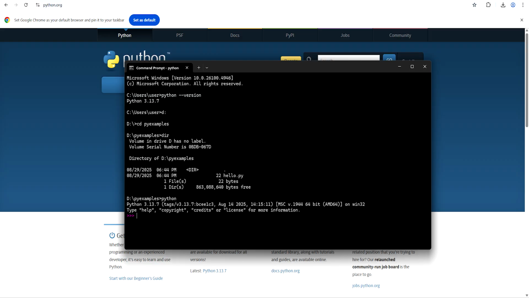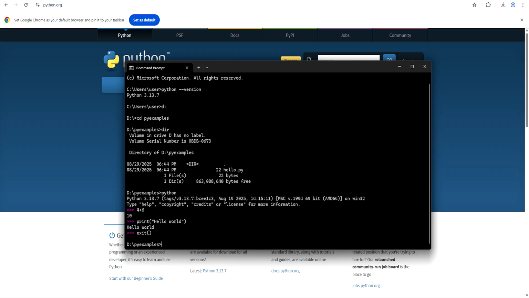So this is the Python REPL, and here also we can write our code. 4 plus 6 is 10, and similarly we can try hello world. So it printed hello world. To exit, type exit, and we are out from the terminal.